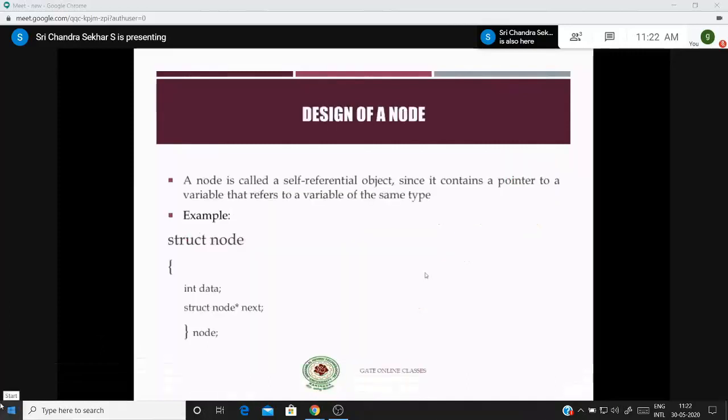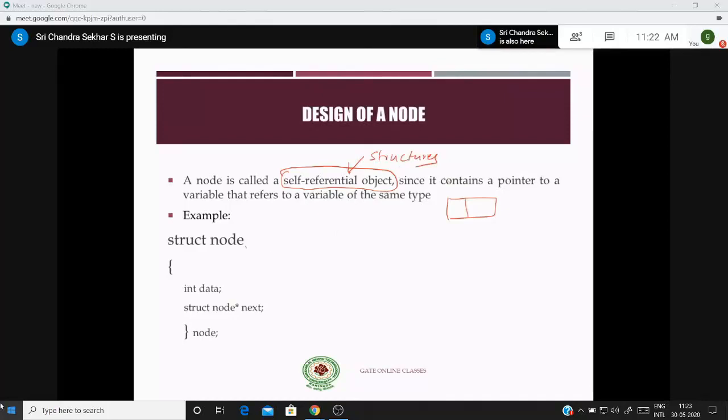And coming to the design of a node, this is where we need to give some importance. I'm saying that a linked list is nothing but a collection of nodes. What is this node? It consists of two parts. This we know very well, right? But how to declare it in the programming part using C? That is done by making use of a special object called a self-referential object, or self-referential structure. So we make use of the concept of structures to design a node.